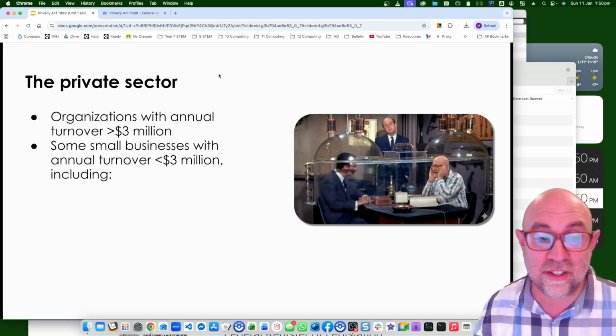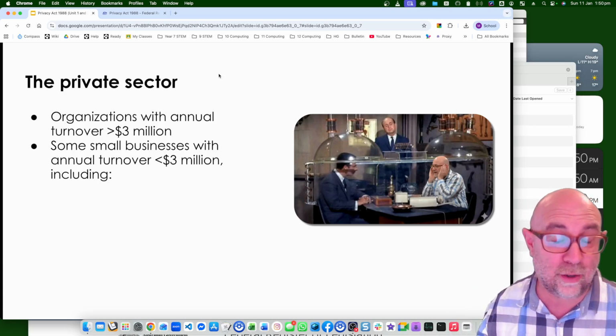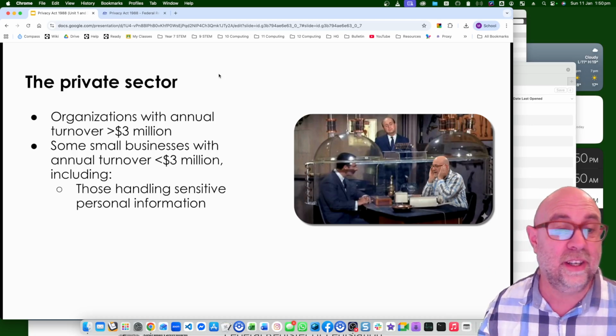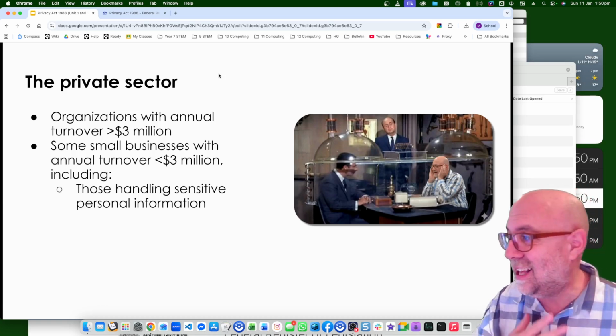Some small businesses, even if they have a turnover of less than that, and I just reiterate, that's not profit, that's turnover. If you're handling sensitive information, so if you're buying and selling personal data,